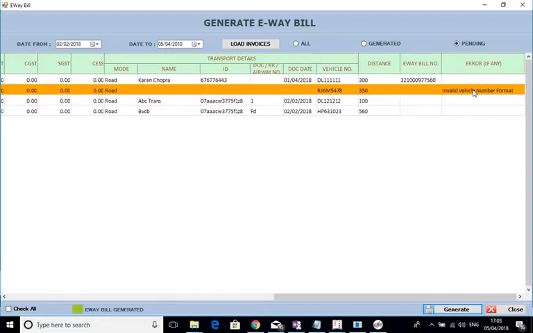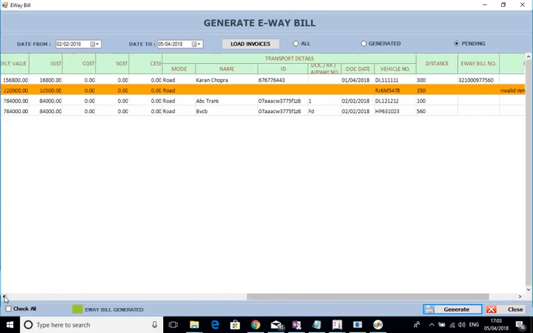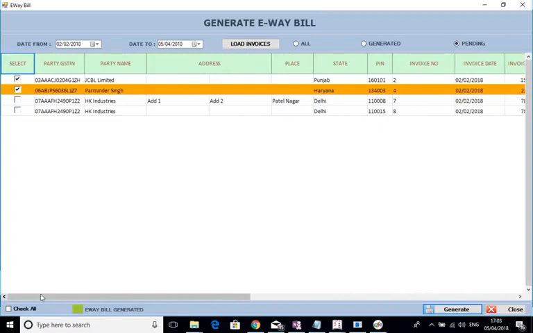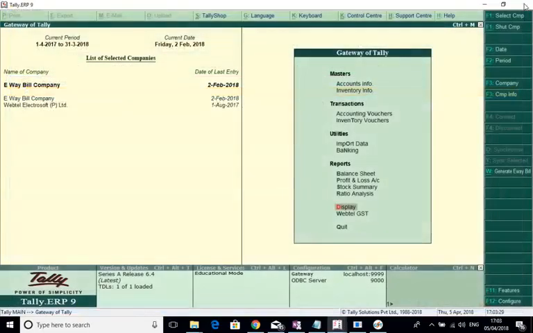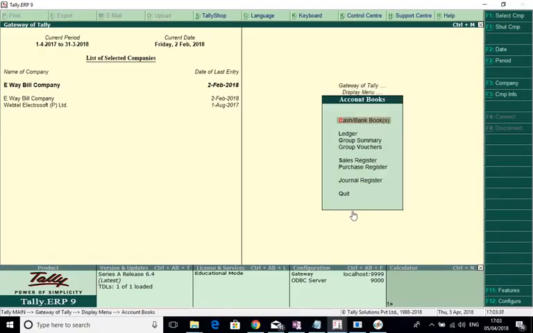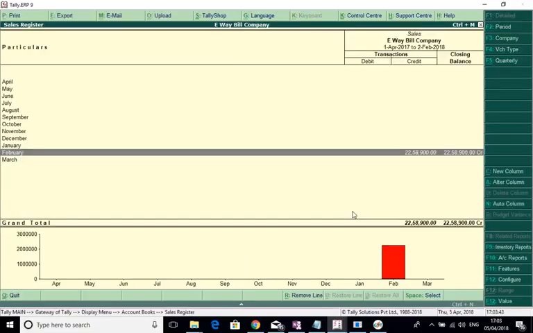So these are the ease of operations which we have provided. Otherwise, any user would have to do it one by one, or generate a file, then go and upload that file, and on top of that, once the file is generated, update those e-way bill numbers regularly. Please note that once I am generating these invoices or e-way bills,